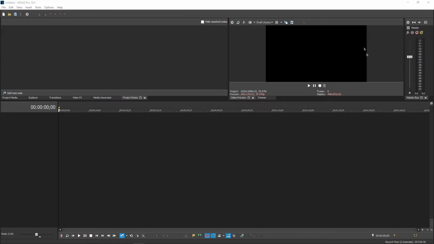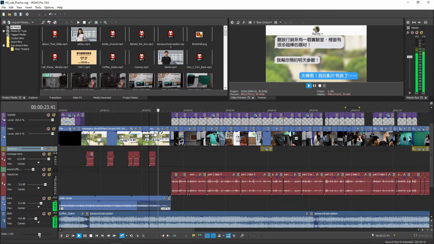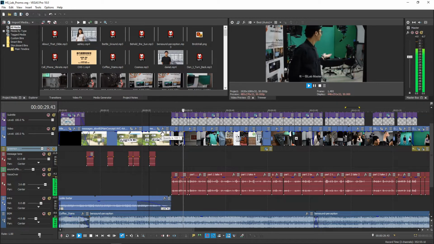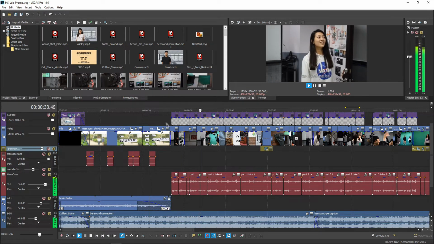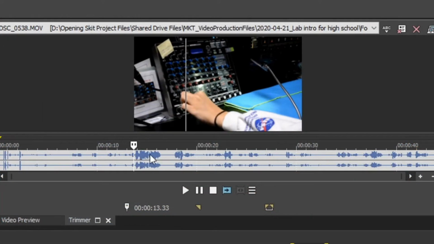This window is used to preview what your video looks like in the program without having to render it into a separate video file. Don't worry about rendering right now. We will touch more on rendering in Unit 18. The preview window also includes a built-in trimmer tool for trimming your raw footage in closer detail.